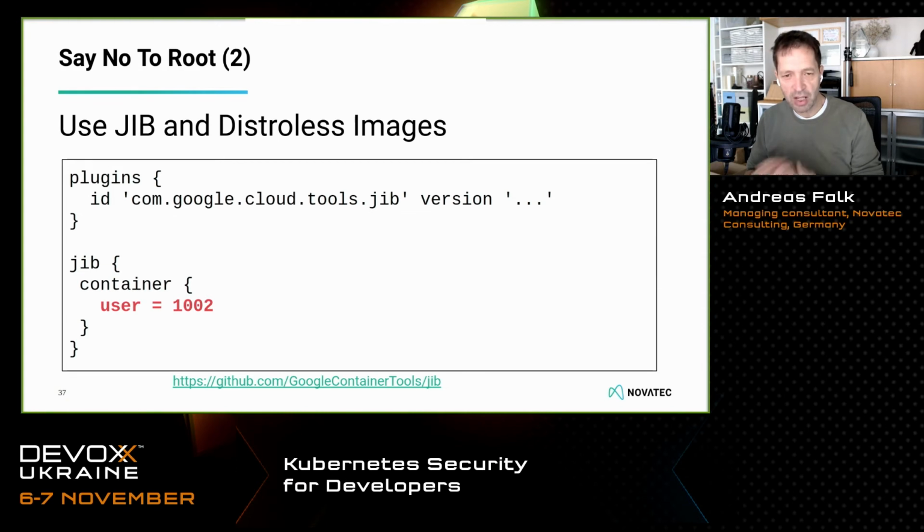So there is no shell available, there are no full-blown operating system binaries and stuff like that available. So you cannot perform a ping command, or any other stuff, open a shell and so on. So just the components that are really required for executing your application, nothing more. So this reduces the attack surface pretty much. But it makes things a bit more difficult. If you want to debug your container image, then you cannot access it very easily.